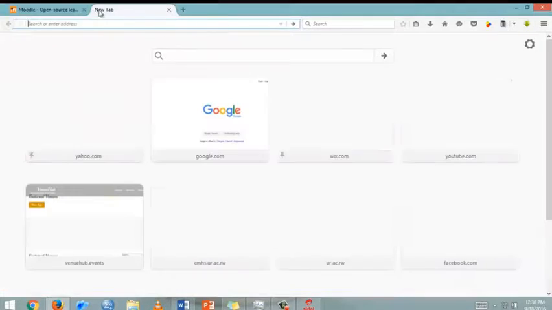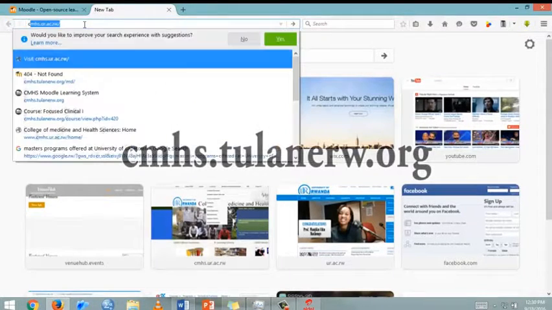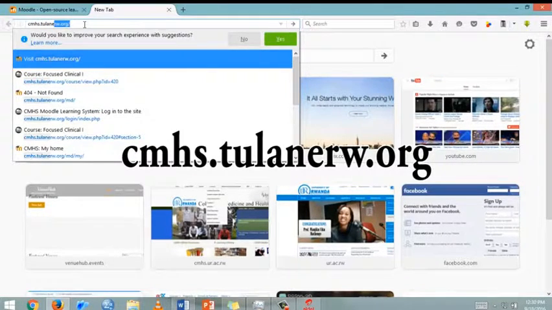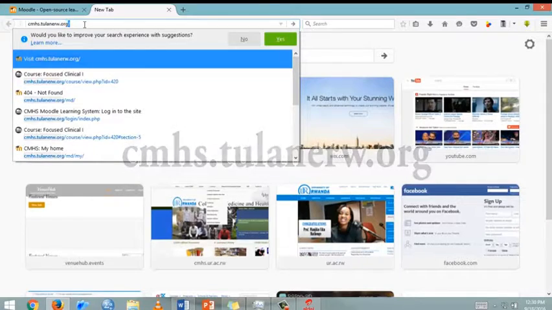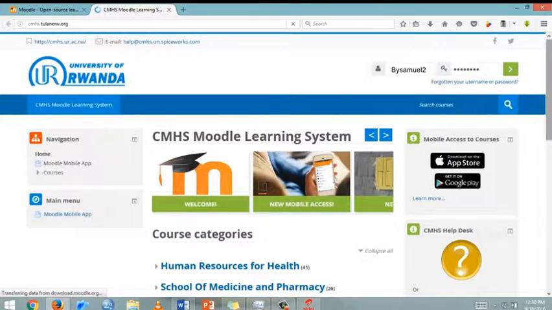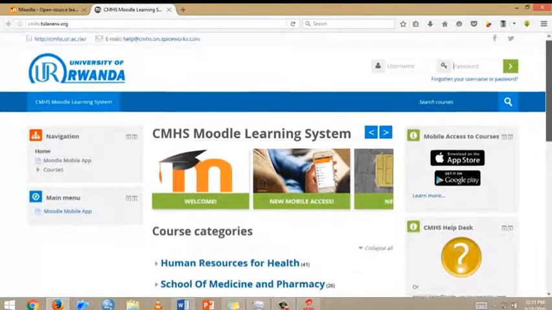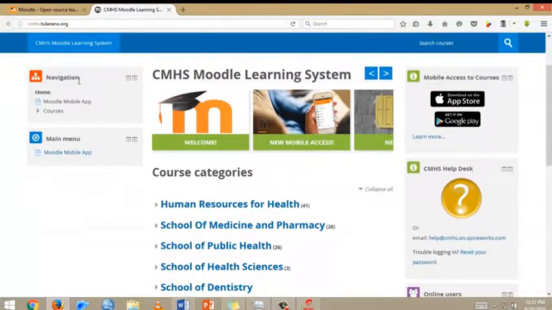Logging into Moodle is just typing in cmhs.tulanerw.org, then click enter. Then you should be seeing this nice platform which is showing the logo of a University of Uganda. You can see the College of Medicine and Health Sciences Moodle learning system. You can always log in here by putting the username and the password, and you are seeing different blogs about